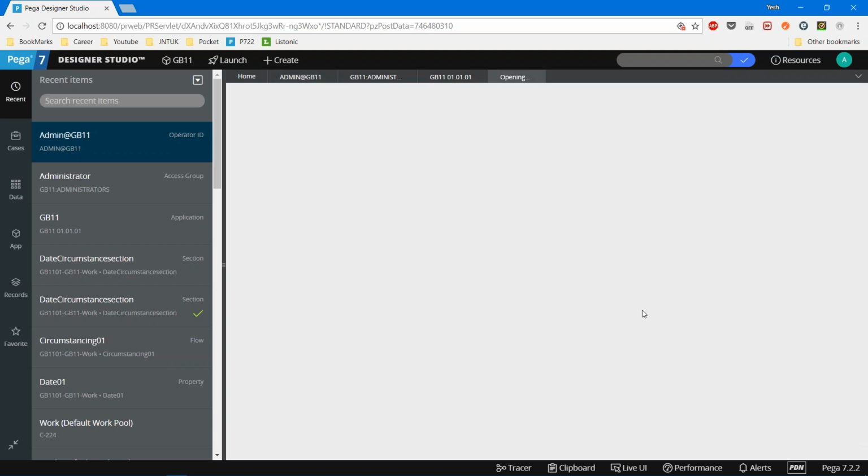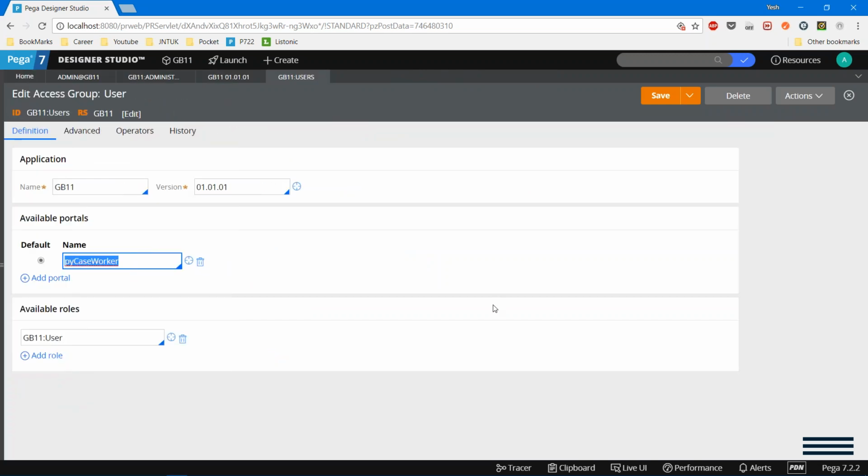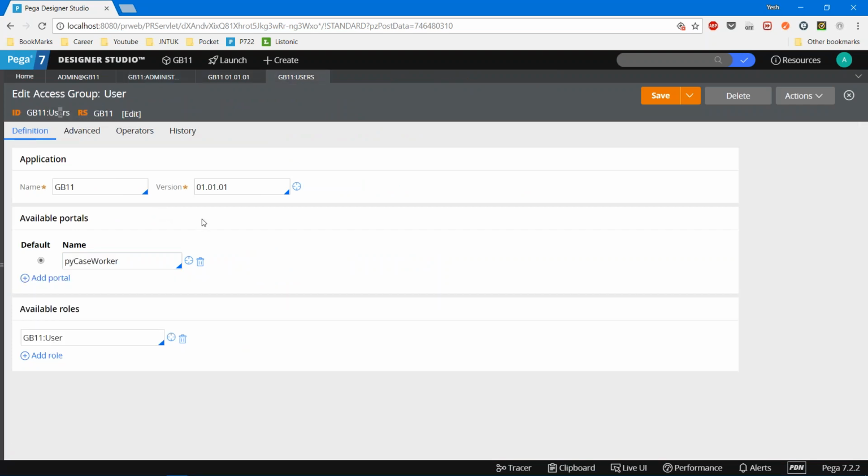I'm just opening this particular access group. Here, if you see, same application name, but he is having only caseworker portal. The person who is mapped to this access group, GB11 users, whose developer access group name is GB11 administrators, will always see the caseworker portal only.